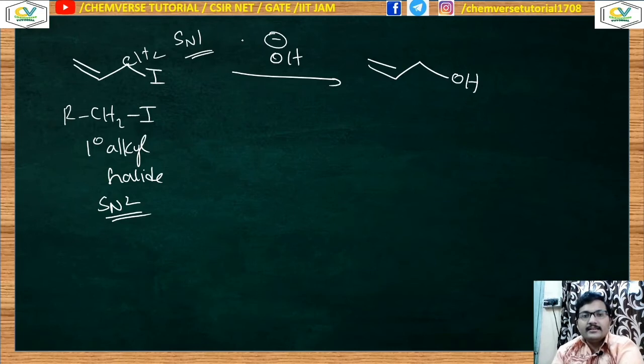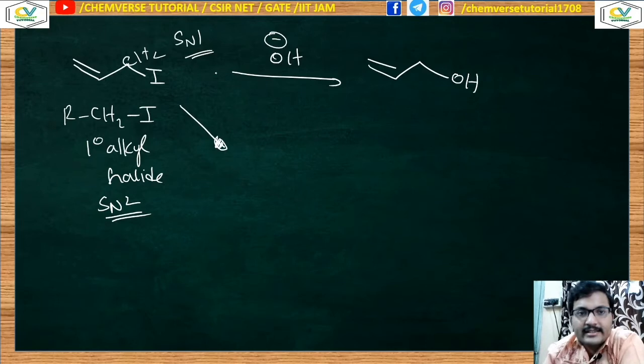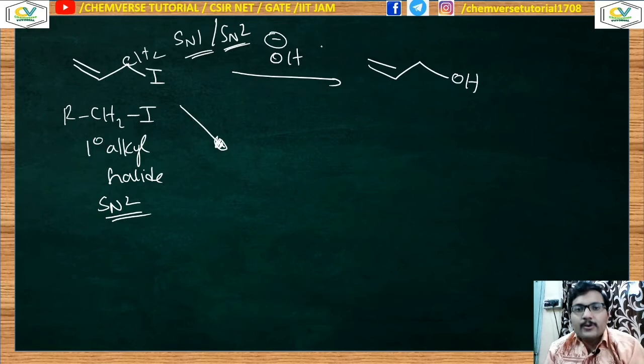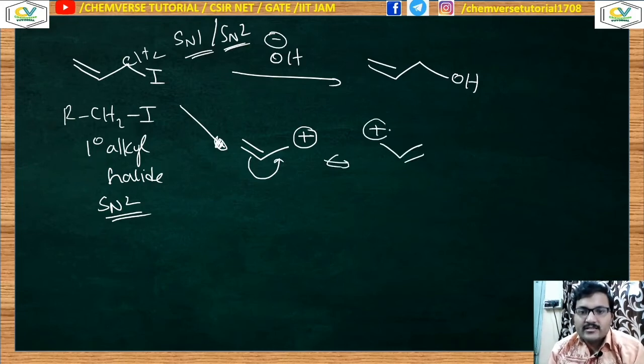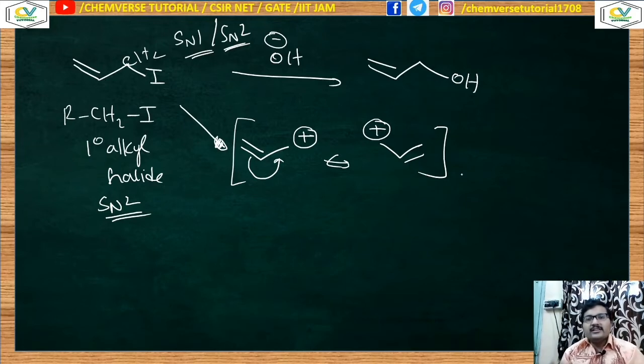But this is one borderline substrate, so it can do SN1 as well. Now my question is how we can explain that. It's a borderline, so SN1 and SN2 both can happen. For SN1, a carbocation intermediate is forming, and this will be the structure of the carbocation. Now it's obviously an allylic carbocation and it's highly stable with the help of resonance, isn't it? So this kind of carbocation formation is much more favorable. The stability of the carbocation will drive the molecule to follow SN1 type mechanisms as well.